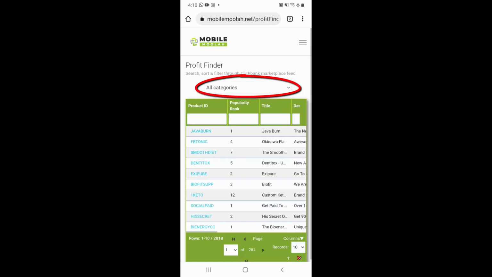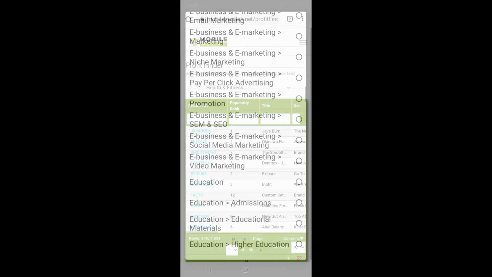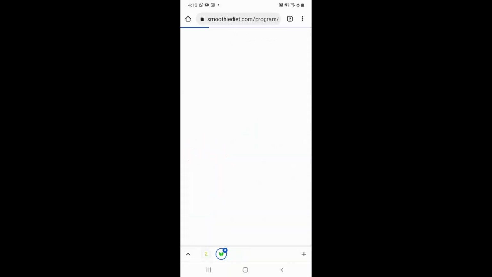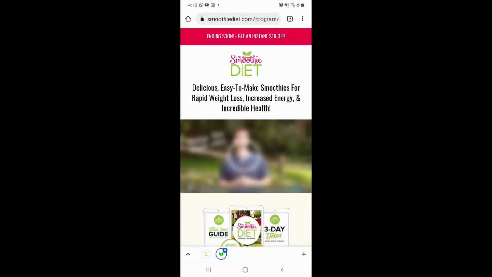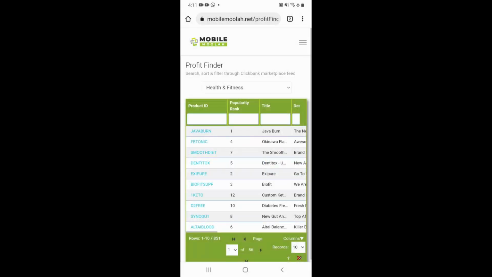If you want to go into a specific niche, you can do so by picking a ClickBank category of your choice. And if you would like to take a look at the sales page, you can do so by clicking on the product ID. Step 2. Build your website. Now that you know the perfect product or products to promote, you need a place where people